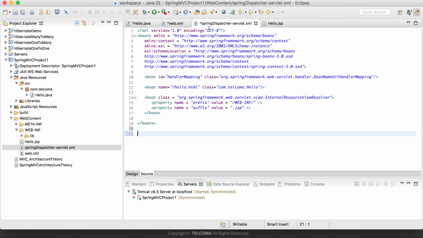Okay, so in the next tutorial we'll be running this application on the Tomcat server, and